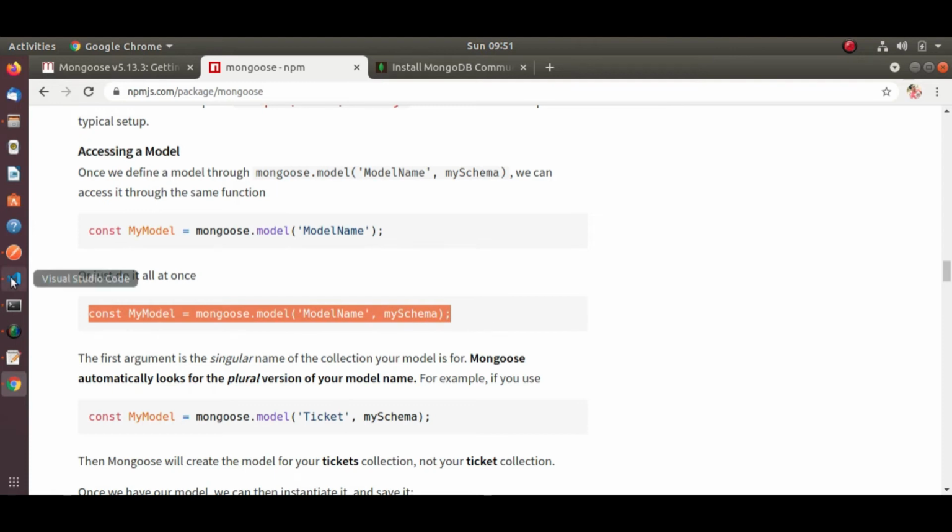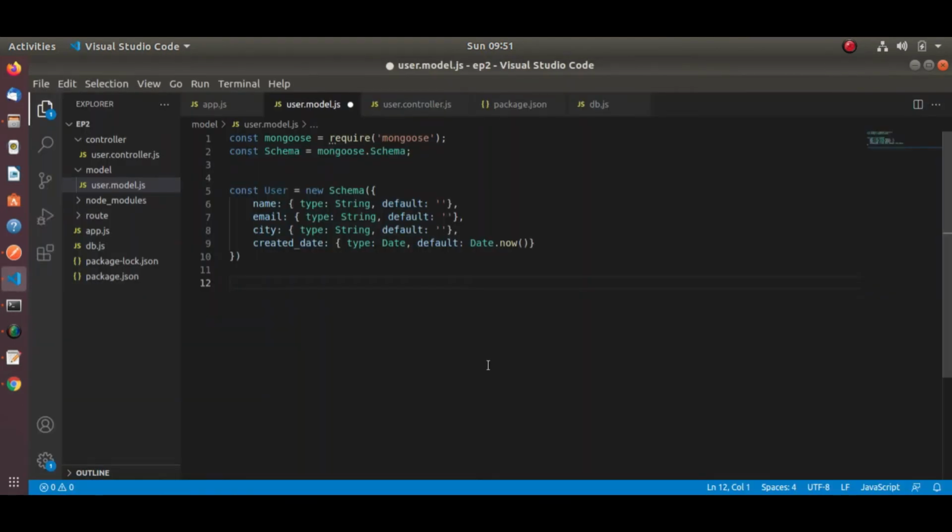Let's copy this one, we'll change it accordingly. Here our collection name is user, so we'll put user here also.